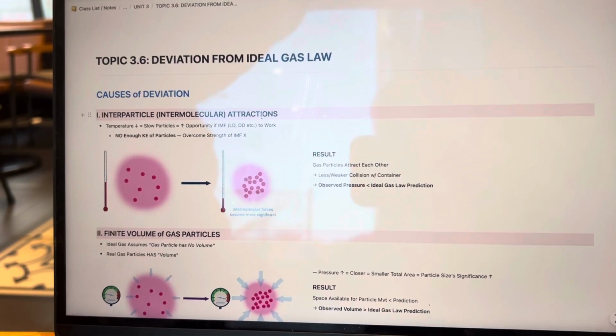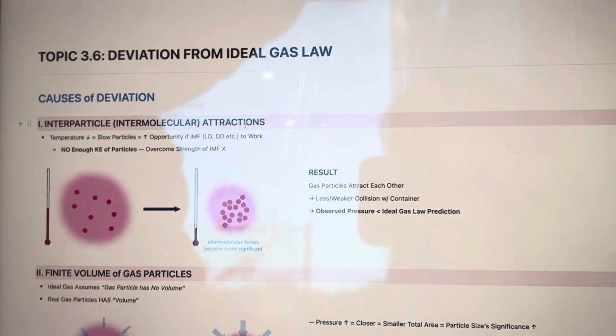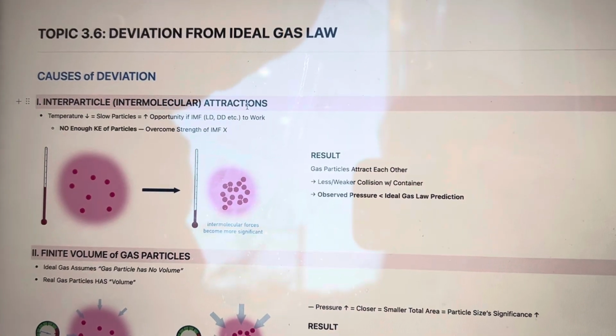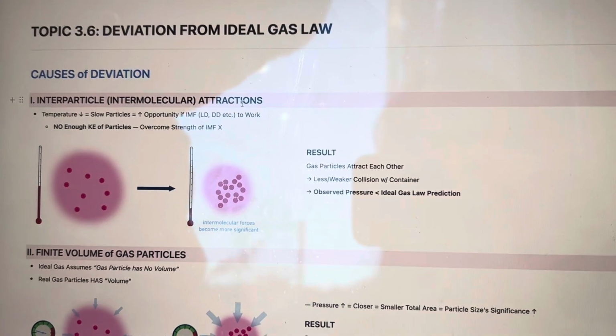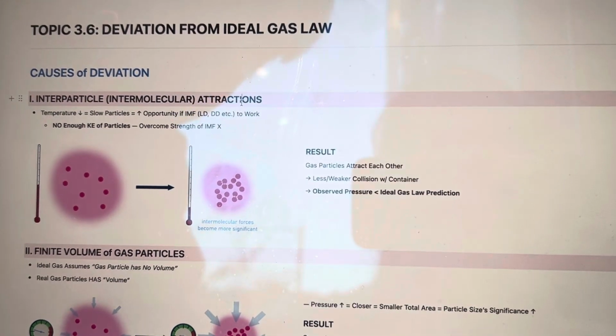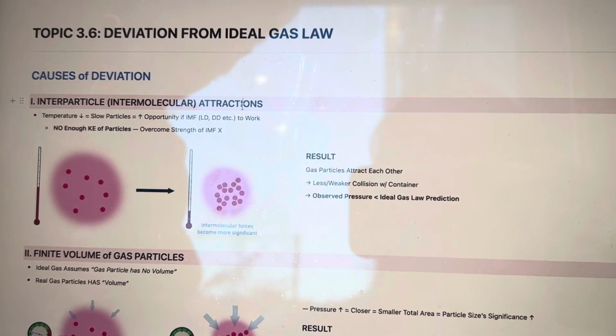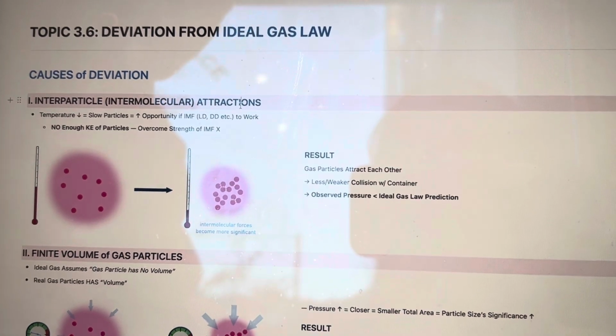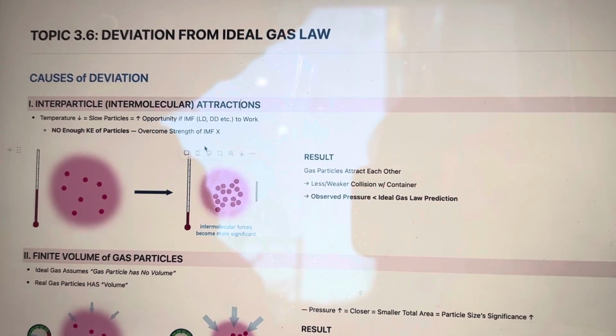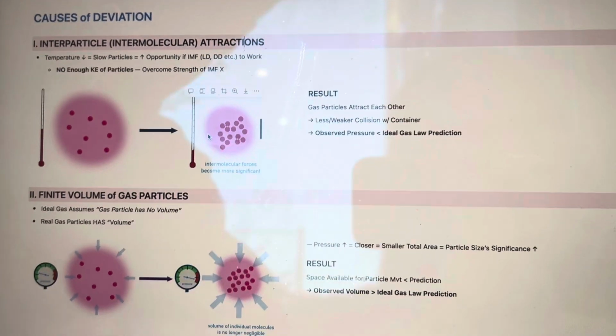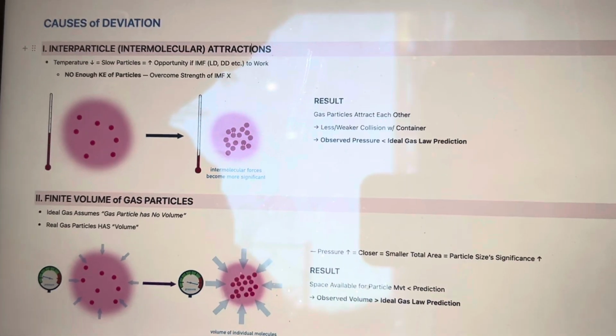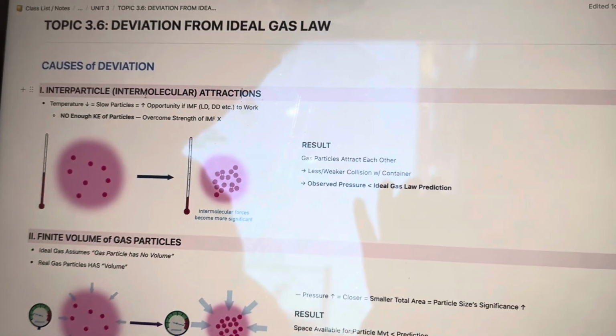Okay, so this is topic 3.6, which is a really short lesson: deviation from the ideal gas law. As the topic title says, it covers some extensions or changes made to the ideal gas law. There are two main causes of deviation, where the first one is the interparticle, also known as intermolecular